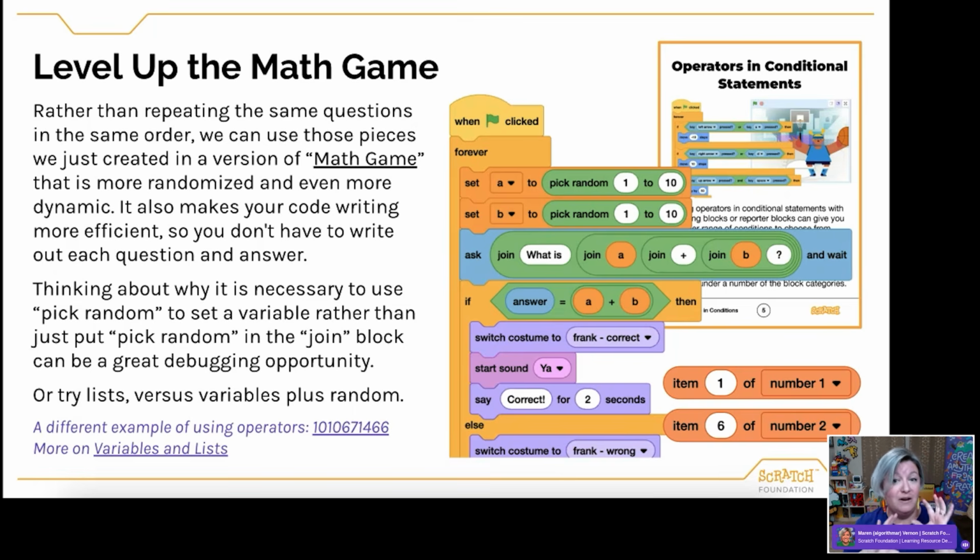And again, since there's often more than one solution, students might try creating lists of numbers that can be selected from. Completely valid solution, right? Maybe they have their own equations that they want to create versus using a pick random. You could set up custom My Blocks to create a single block with inputs for each number in the equation. In our coding cards, we share some examples of how you can use, for example, operators in a different way to make sure more than one condition is true in order to make the statement true. So you can really get very diverse in your solutions here, and in your coding experimentation.